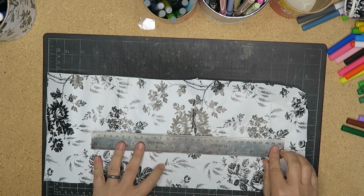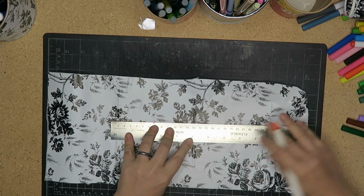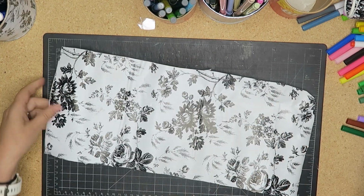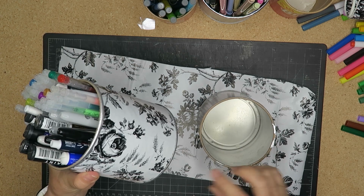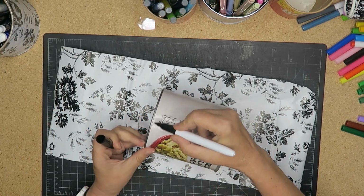Of course, now this is black on black and I can't see. And it doesn't matter if it's perfect or not, right? This is what we have to let go of. We have to let go of the perfection. And then what I did with this one, to avoid any gaps on the edge, literally just take a black marker,